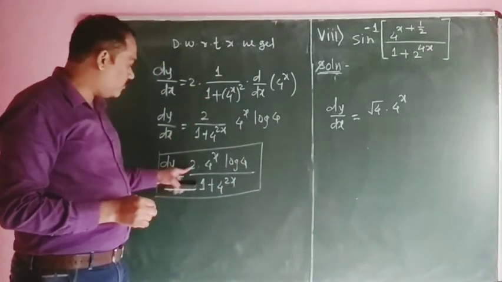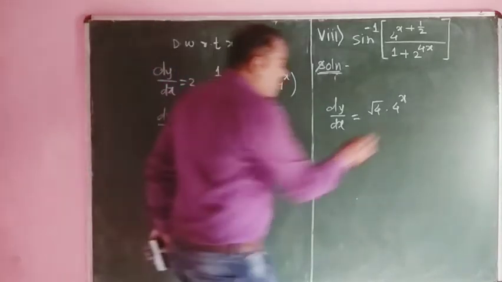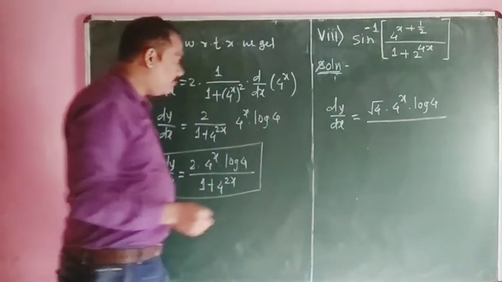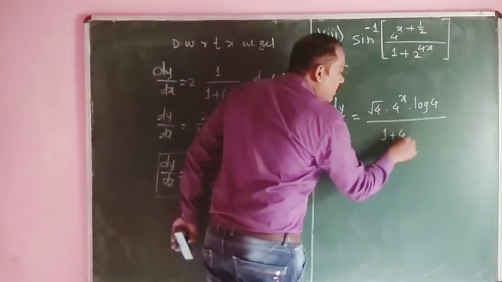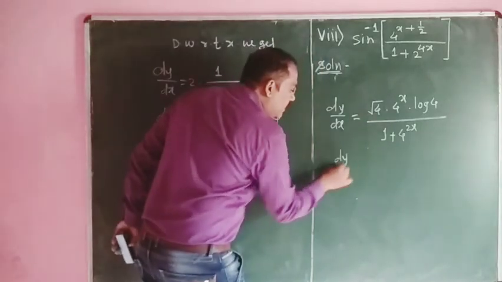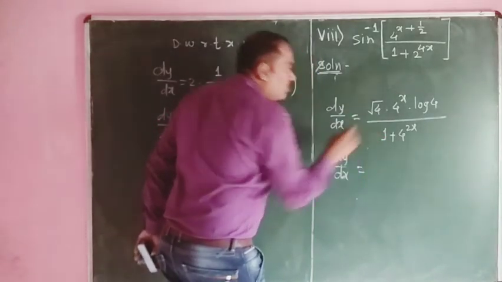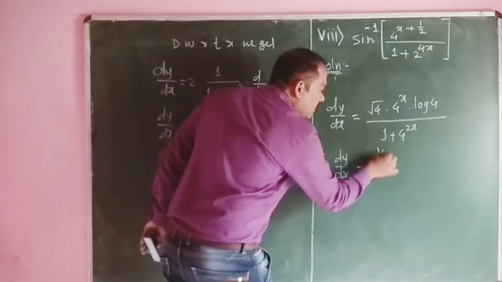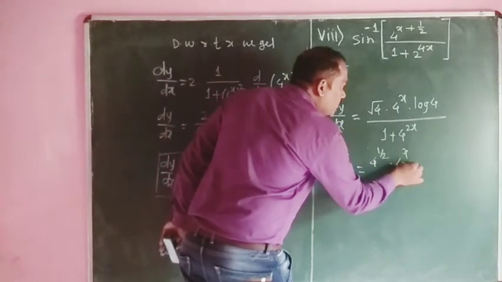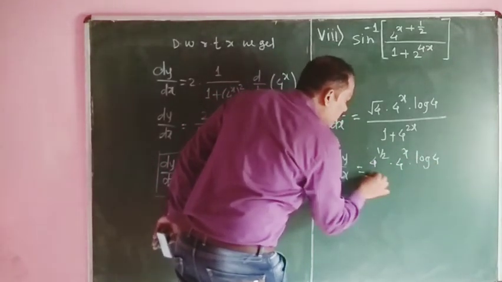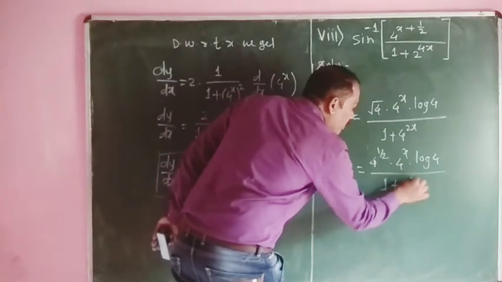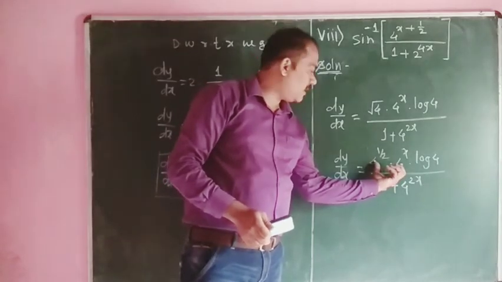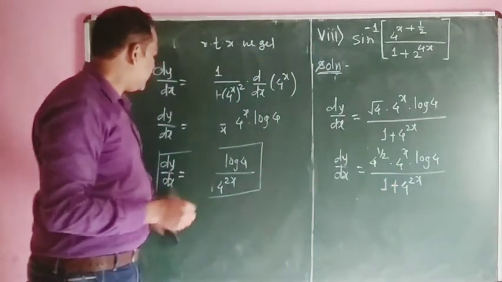2 is nothing but the square root of 4 into 4 raised to x into log of 4 divided by 1 plus 4 raised to 2x, that is dy by dx is equal to square root of 4, which is 4 raised to half in the form of a power function, that is 4 raised to 1 half into 4 raised to x into log of 4 divided by 1 plus 4 raised to 2x. Here multiplication is there and the base is the same, so we have to take the addition of the indices,